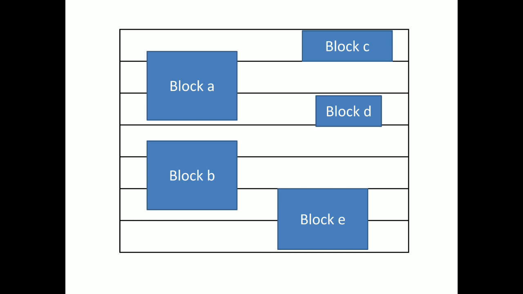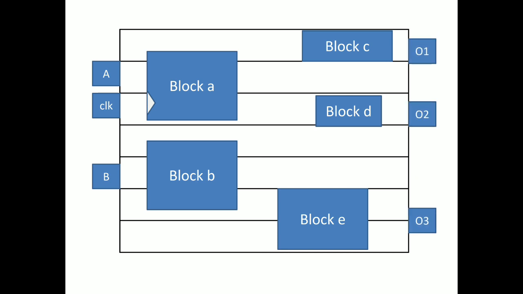Here block A and block B are directly connecting to the input pins, so they are placed near the edges on one side of the area, and block C, block D, block E are connected to the output pins, so they are placed on the other side of the area. A clock signal comes in. These are the input ports and these are the output ports. We are establishing a connection between pins and blocks. You can see the connections between A, clock, and B; the wire length is reduced since we have placed block A and block B close to the boundary. If we had placed block A and block B in the middle of the area, then we would require more wire.